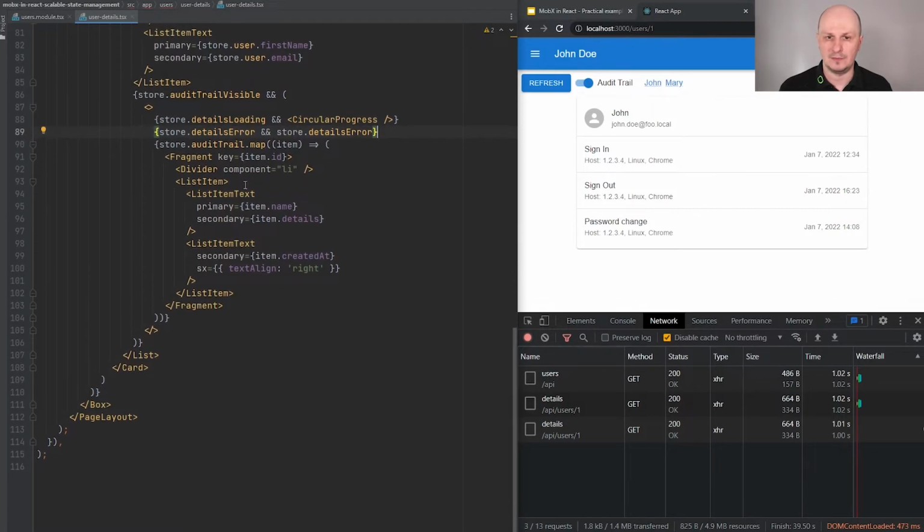And if everything works fine, then we see the list of the items retrieved from the backend.